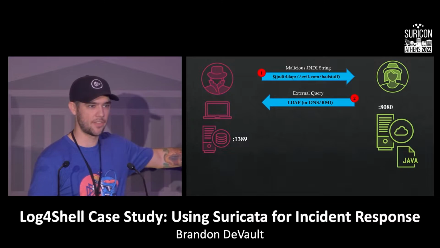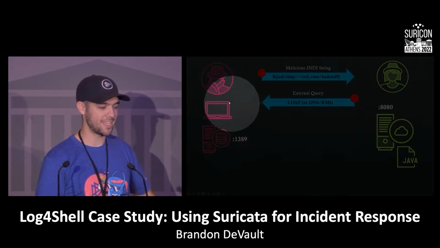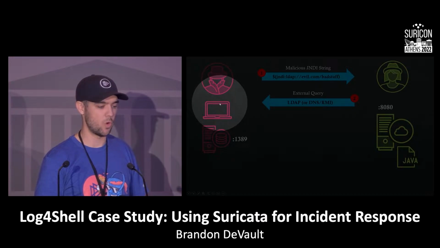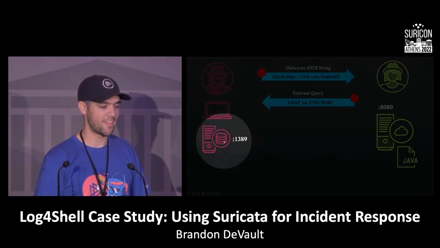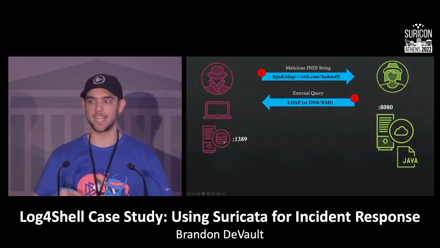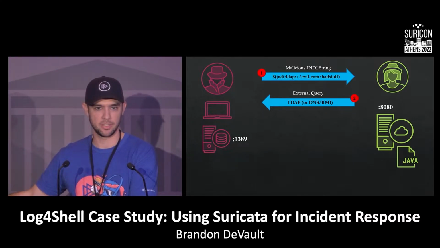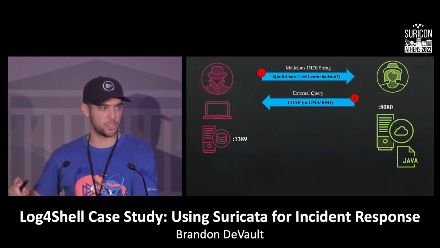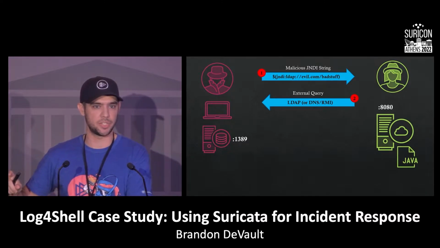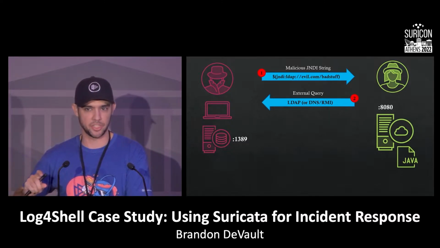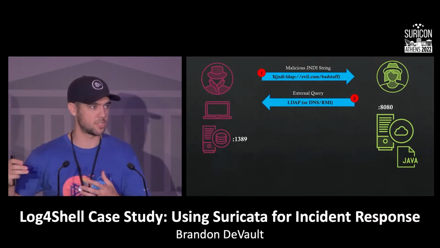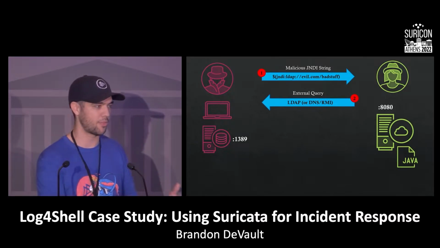Now we added another machine there for the adversary, and that's a key piece. The adversary can send the malicious string via one box, but then they can host the LDAP server on a completely different machine. Okay, so we're now up to potentially 2 different endpoints that the adversary is using for the communication. So we're thinking about this from an incident responder's perspective as you go back through and look at the